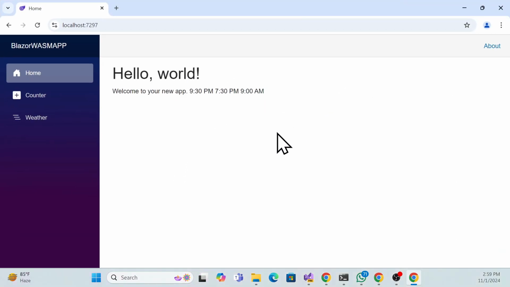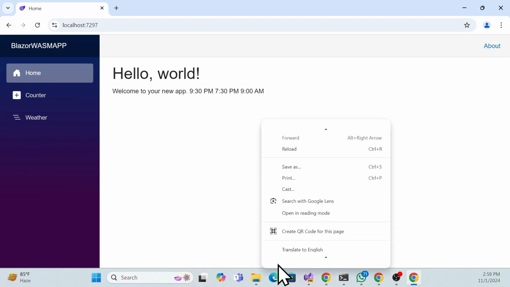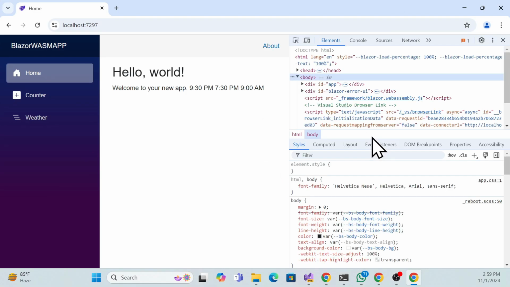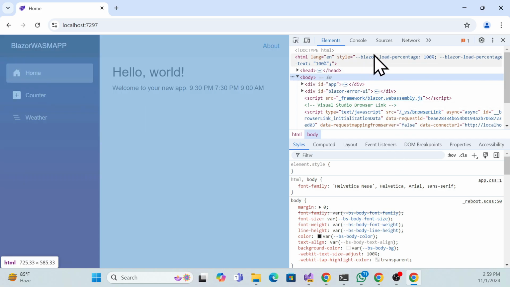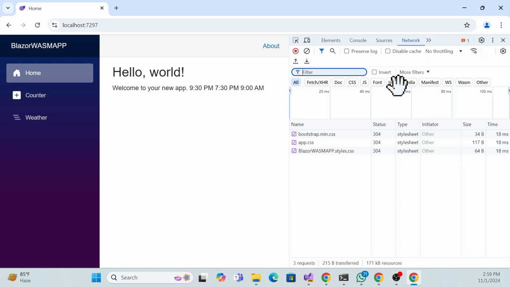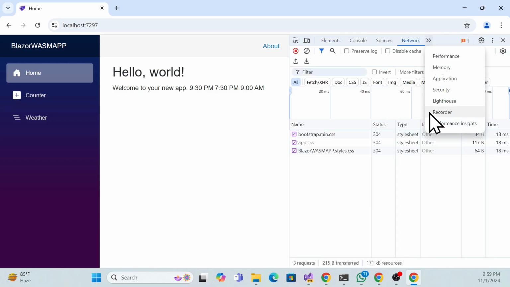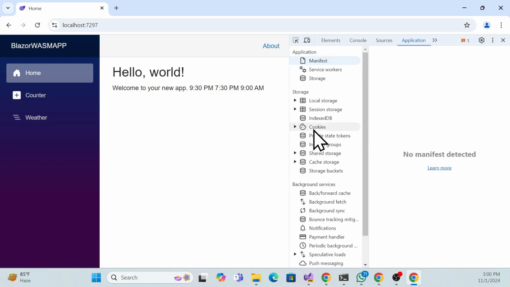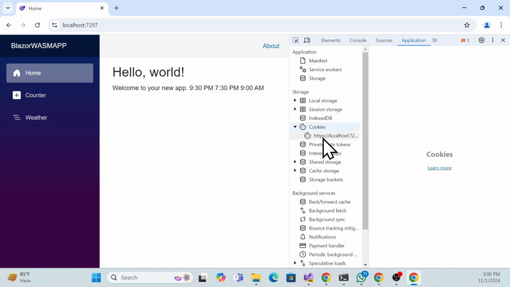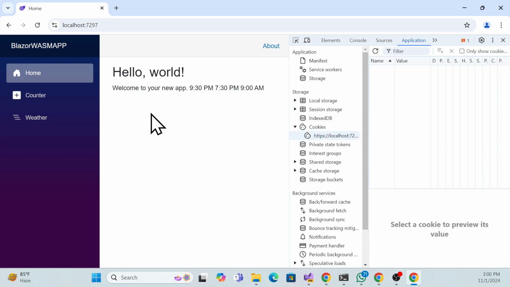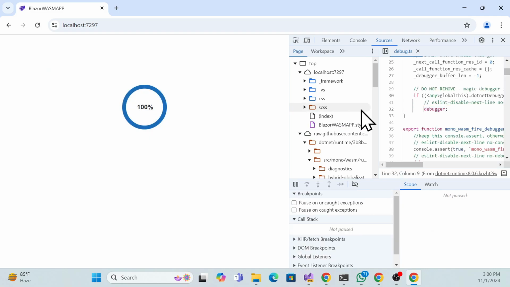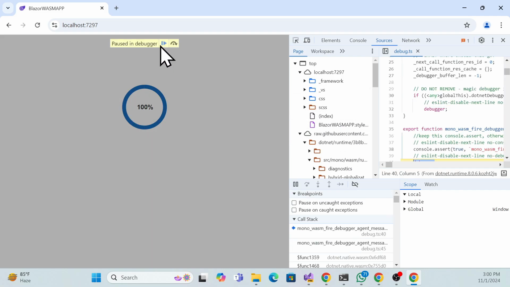If I inspect this browser, how does it actually detect the current time zone the client is logged in with? I can show you where it's stored. Go to Application, then Cookies, and once you refresh and go back to here,